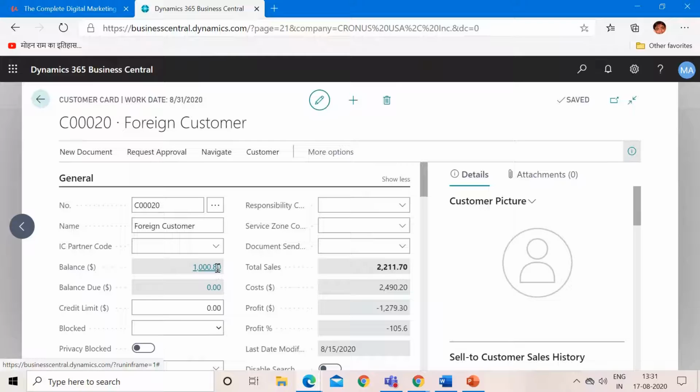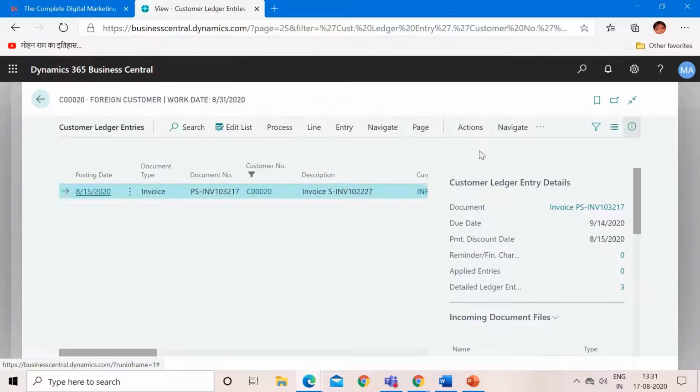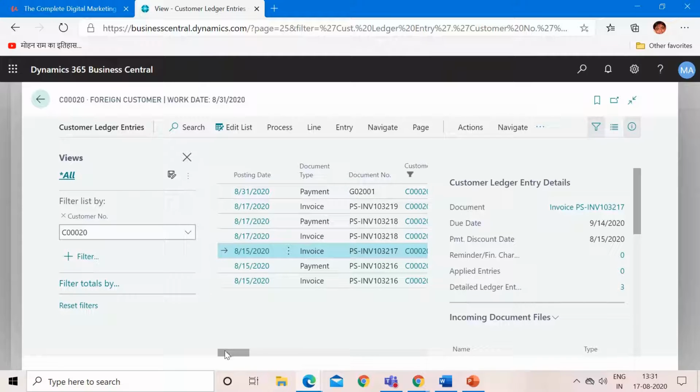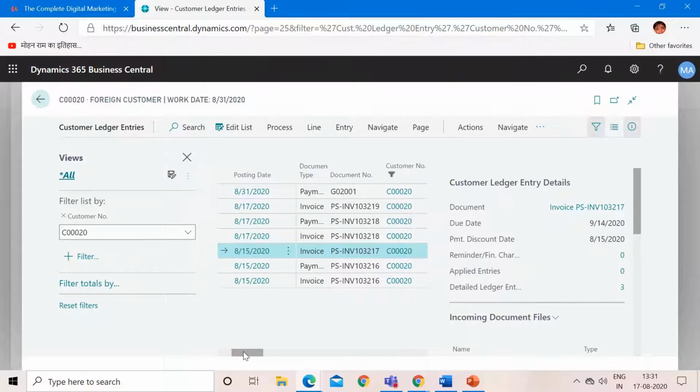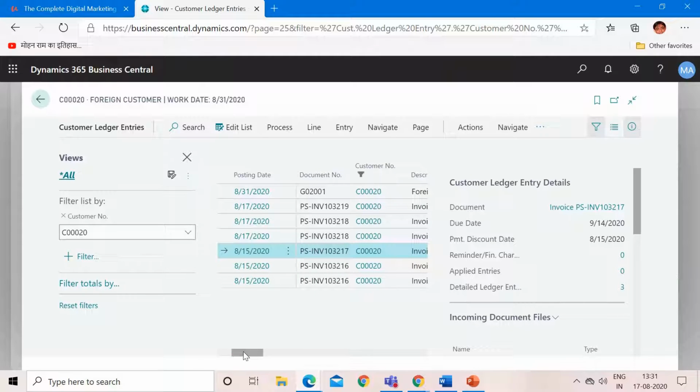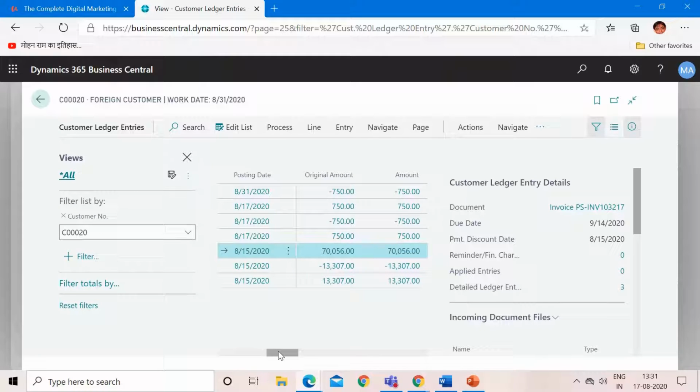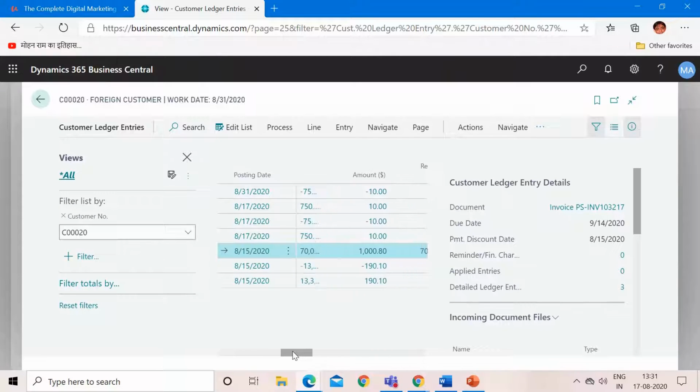Let me click here again, and if I see the filter, I'll just cross this, and now let us check our result of the invoice which we posted on 17th of August.